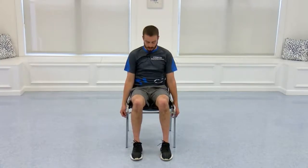Take your belly button and push it backwards into that chair, flattening your lower back, and then release. So it's breathe out, pelvic tilt, flatten that lower back. Breathe in and release. Really, really good for the core and the lower back is to practice these pelvic tilts. Make sure as you're pushing back, your shoulders aren't drawing forwards. Keep your entire back against that chair. We have 4, 3, 2,